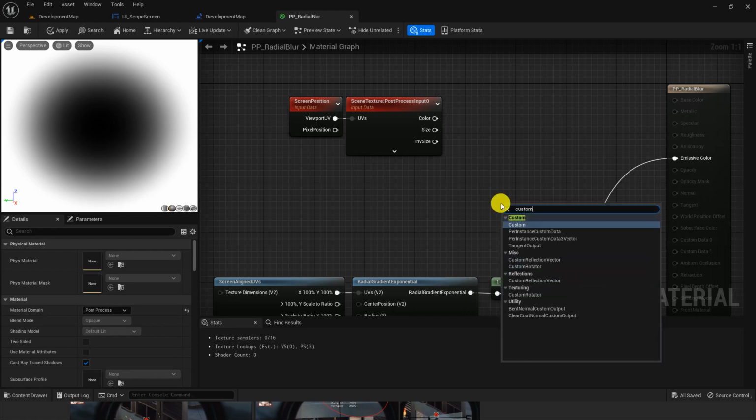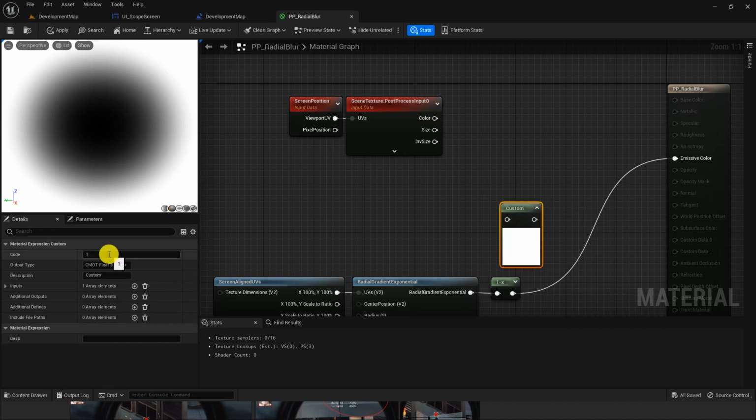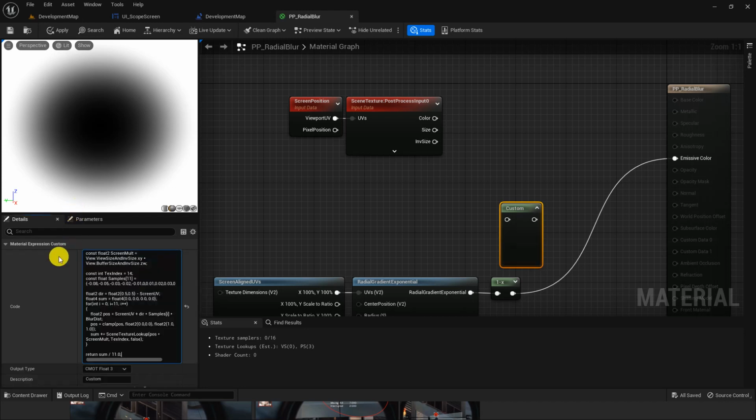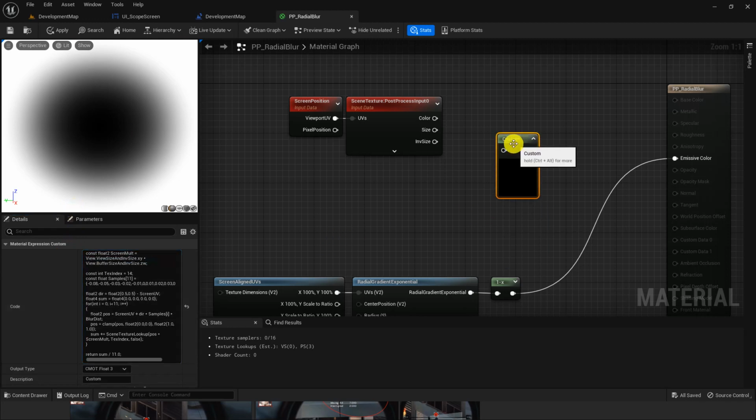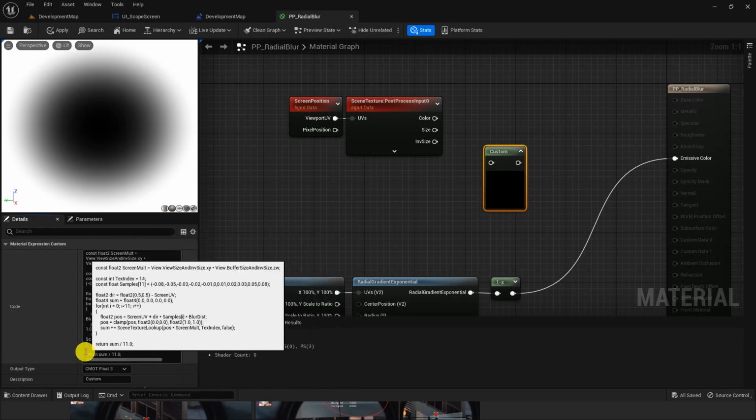Right click and write custom. Inside that custom node, you can actually write your own shader code. I found this code from an online reference. I'm not a shader guy, so I just copy pasted it. So I entered it, and the next thing we have to do inside the custom code is that the guy who wrote the code is using